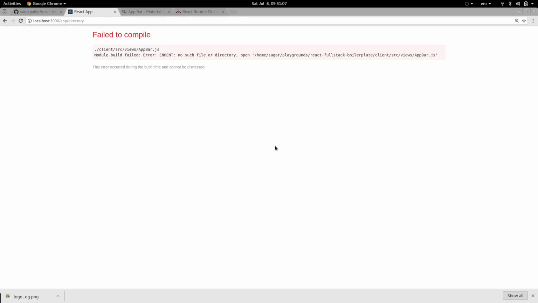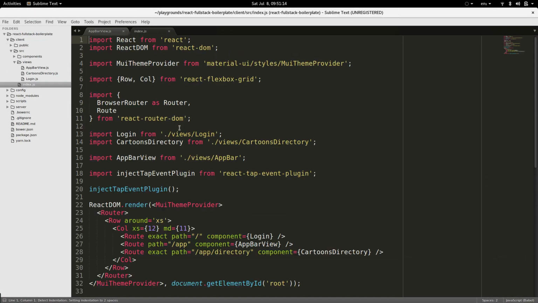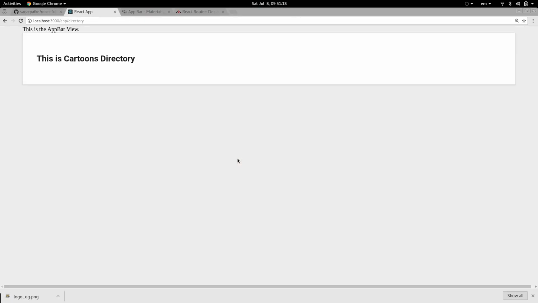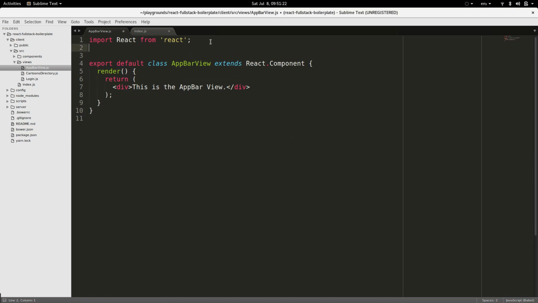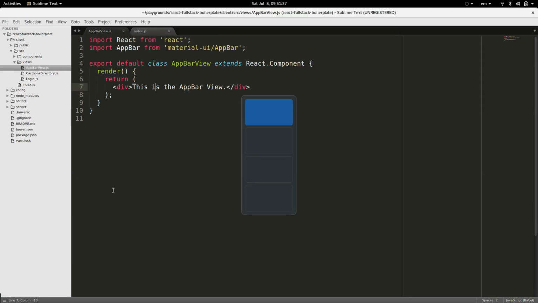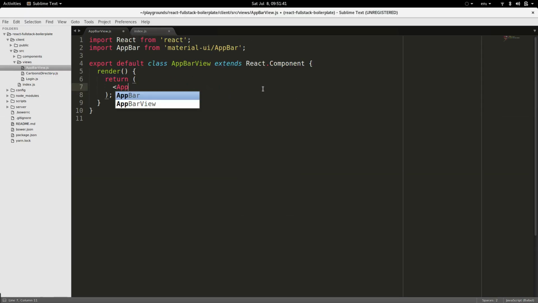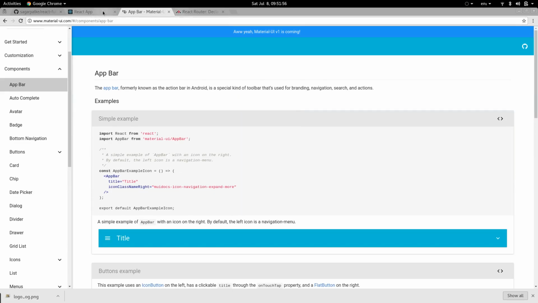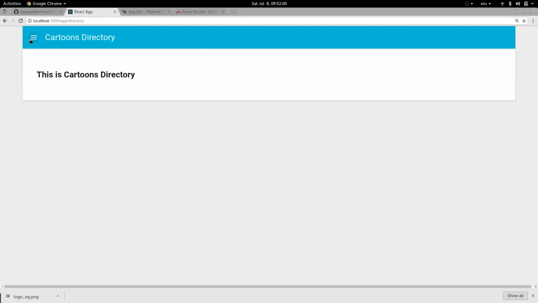Say app bar view, and make sure that it's working fine. Okay, I forgot to change the import here. There we go. And the next thing which we are going to do is import the app bar from material UI slash app bar, and then use it in this fashion. App bar title icon class name right. Here we see that we now get this very nice app bar into place,